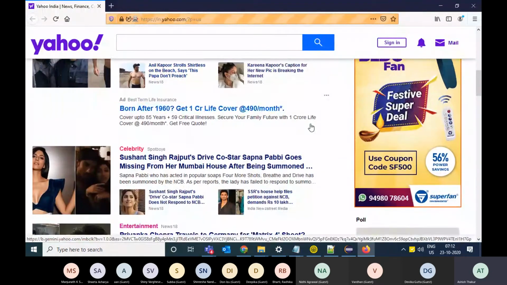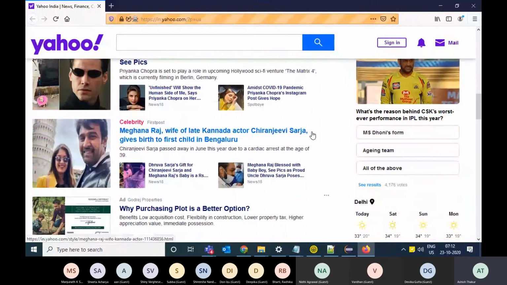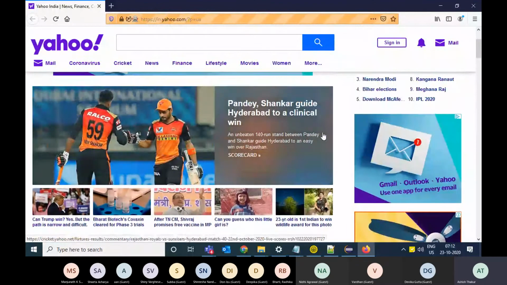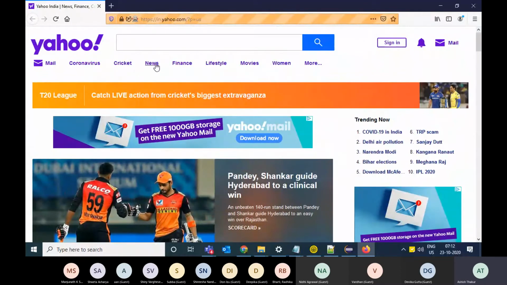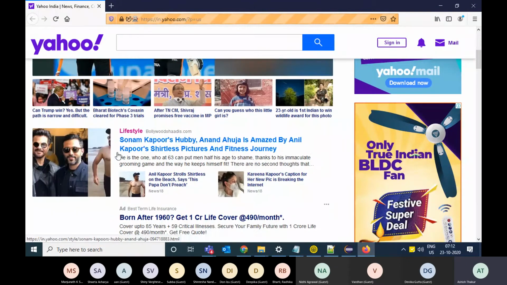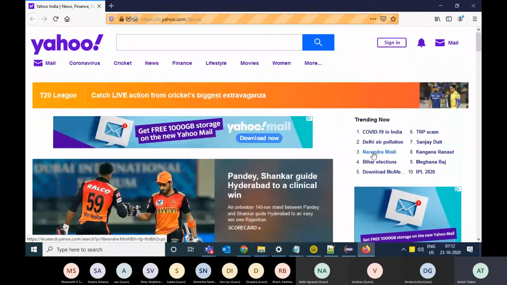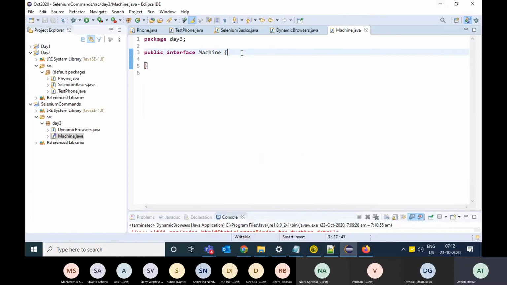Looking at this interface, you can say that this website is something to do with maybe current affairs and news and some finance thing, lifestyle, right? But you really don't know how the data is coming on this website and what really will open if you click on the link on the top over here, movies. So you really don't know the internal working, but yes, you are able to judge what this website is about. So interface gives you an idea. It helps you judge what the system is about.